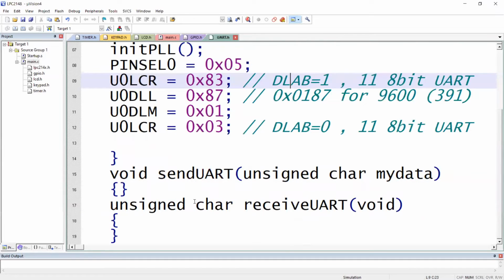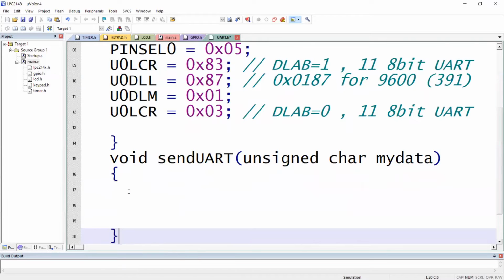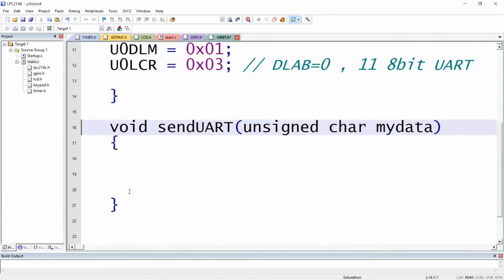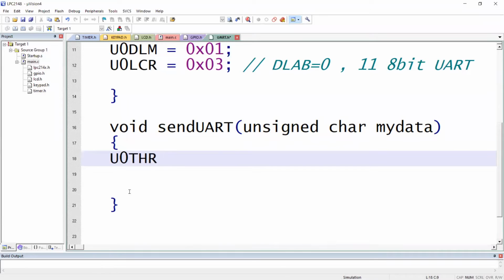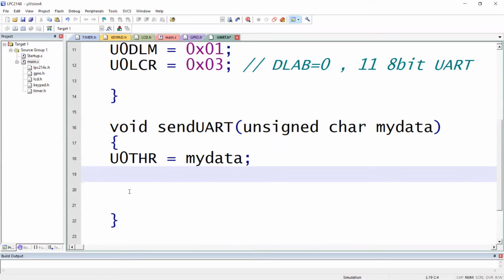Next one is transmitting data via UART. So how do you transmit data via UART in the 8051 microcontroller? You put the data into the serial buffer and wait for the transmission. So what is the equivalent of SBUF here? We have 2 separate registers. UART0 transmit holding register, that is where we have to put the data. Once I put the data, the microcontroller will start transmitting it. Now we have to check whether the data transmission is done.